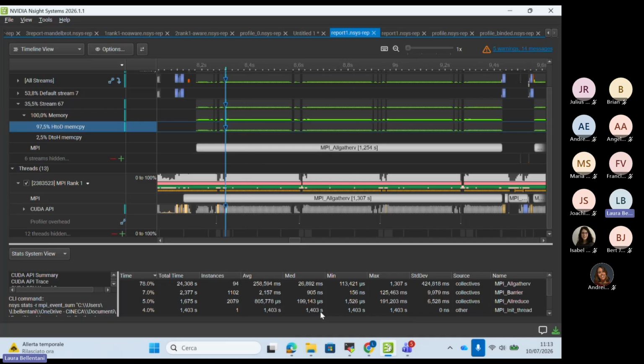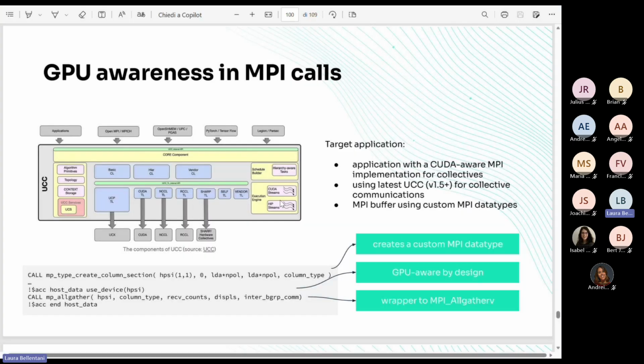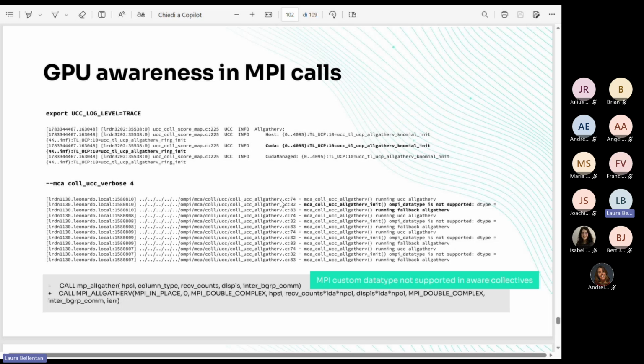Now, to understand more about that, for example, if you activate this option on the MPI launcher and you inspect the log file, which can be very verbose, you will see that the library complains about the fact that the OMPI datatype was not supported.